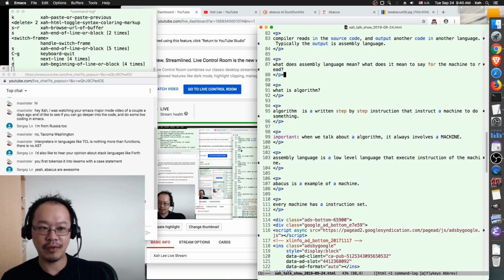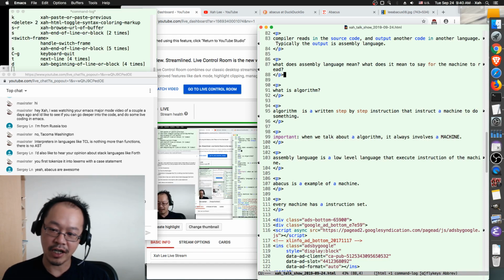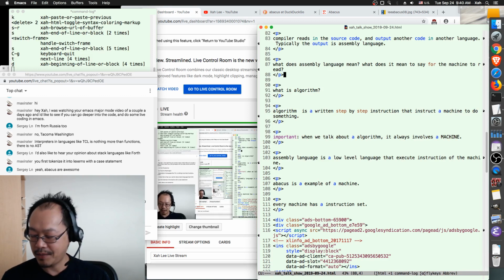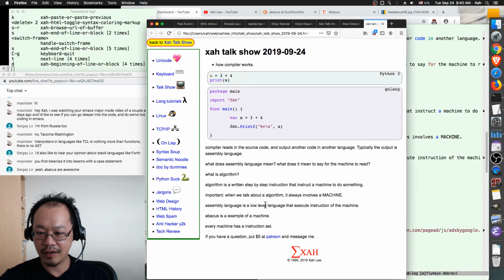Just like human languages. In English, French, Chinese, Japanese, you have different languages. Same thing for programming languages. So Python, Ruby, Perl, Java, they are basically instructions. Okay, they have precise meaning. And the instructions, the low-level instructions,